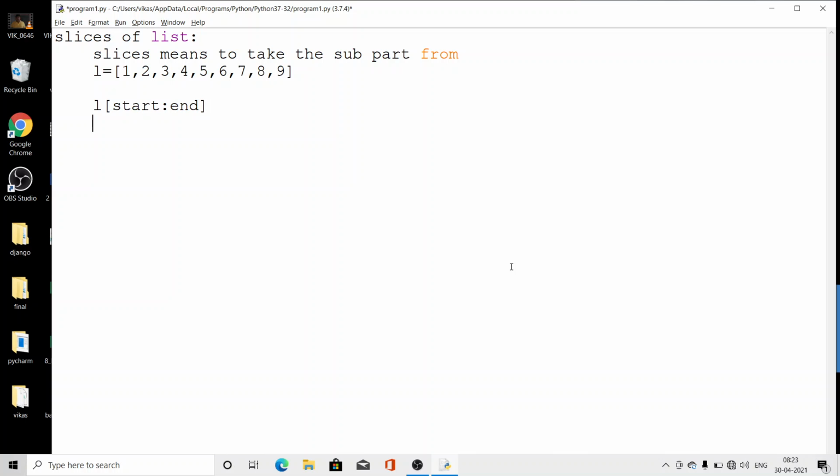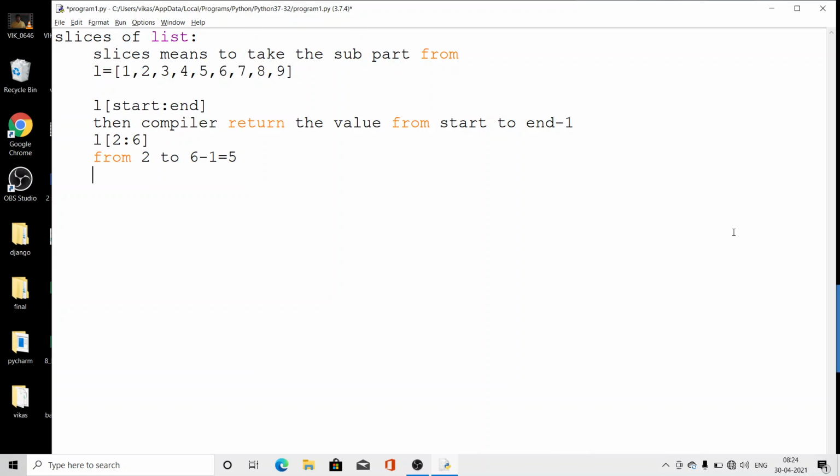If we write like that, the compiler returns the value from start to end minus 1. Always remember, if you have given here L[2:6], then from where will it give the value? From 2 to 6 minus 1, that is 5. It returns the values between index 2 and 5.